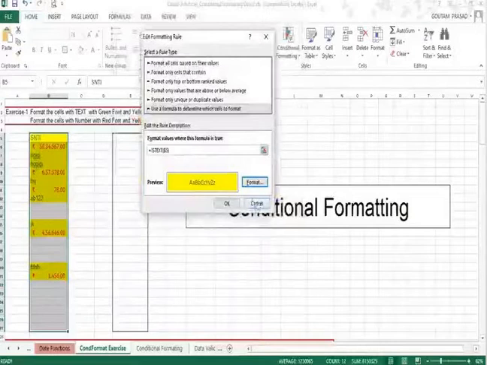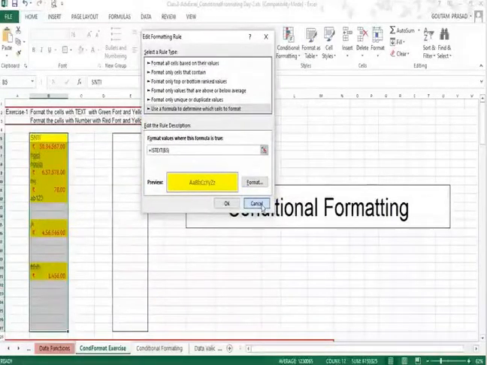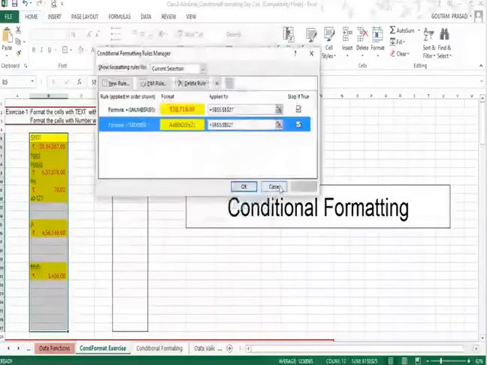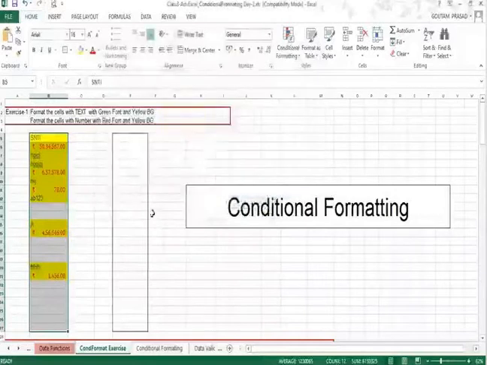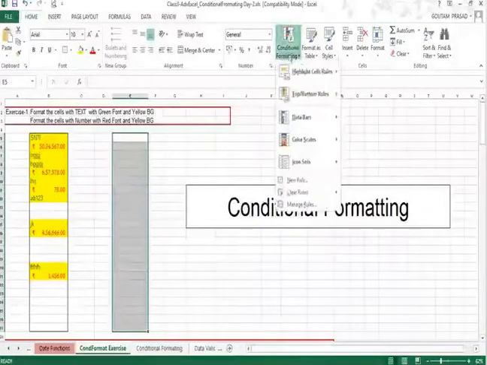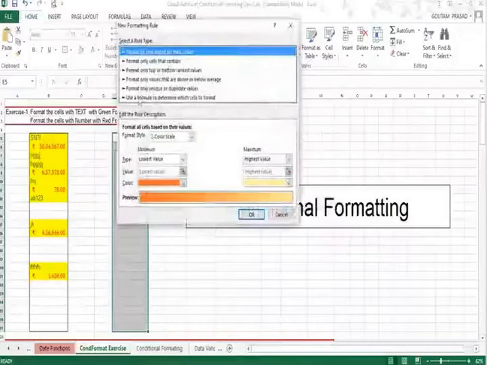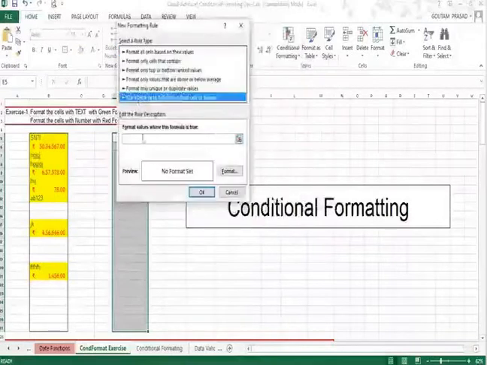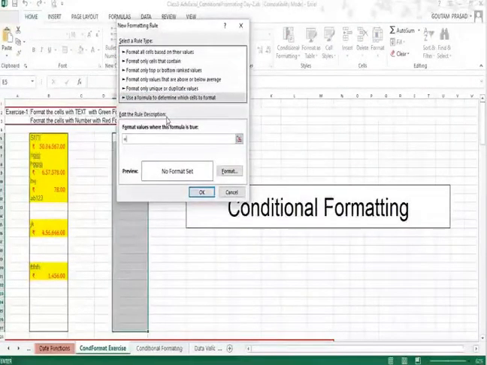I'm cancelling it once again. So in the similar fashion, you have to define everything and click OK to apply it. I'm closing it. Having understood these settings, you will have to go to this place and apply now. So this time you will go to new rule. Under the new rule, you will go to use formula to determine which cells to format, and here you will write equal to ISNUMBER